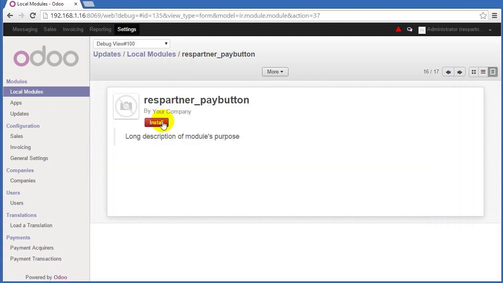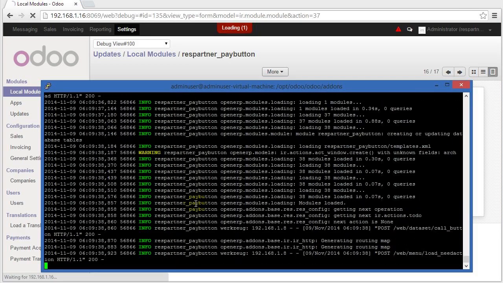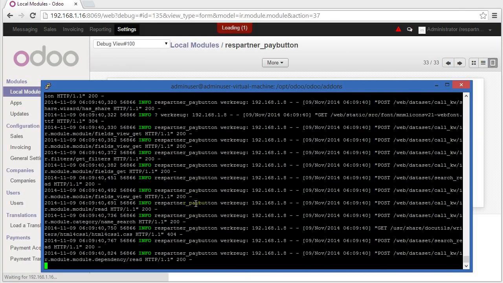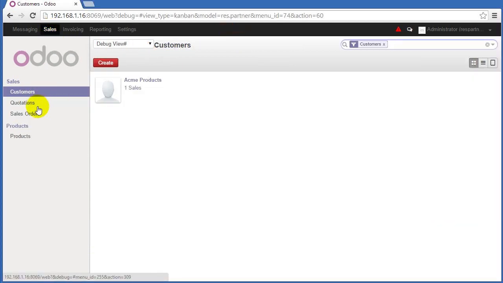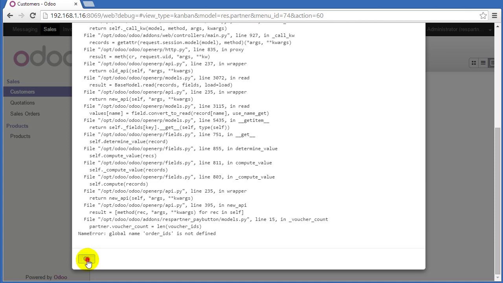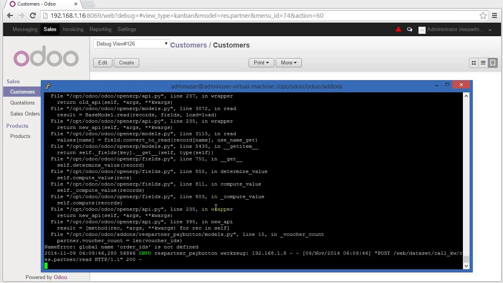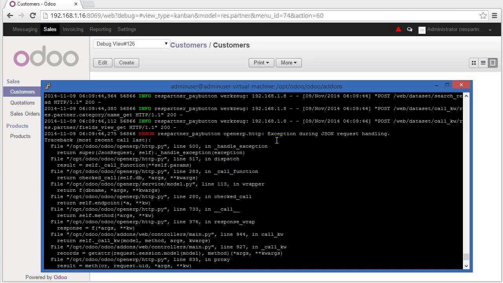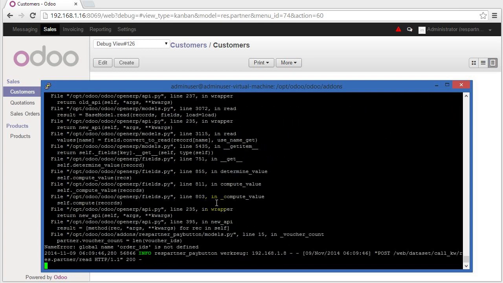So let's try one more time to do an install and watch as it does the install to see if we get any errors. So we're not getting any errors during the install. Let's go back over, and we still got an order ID not defined. So at that point, that's frustrating, because unless I'm missing something,